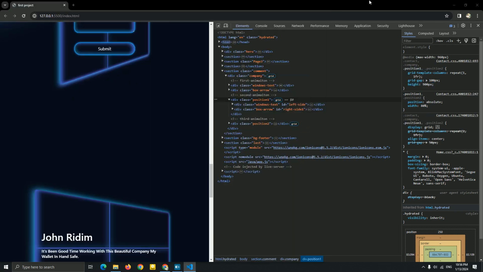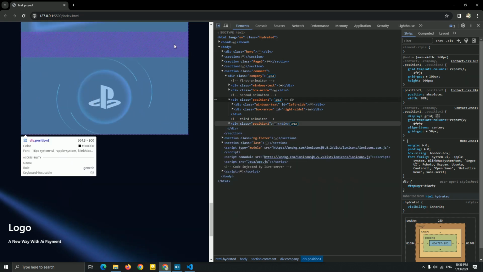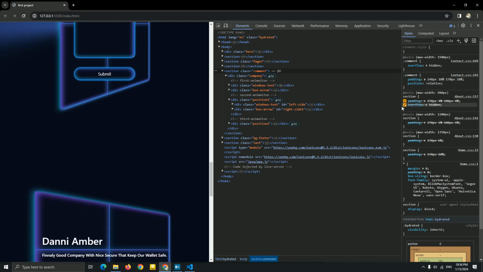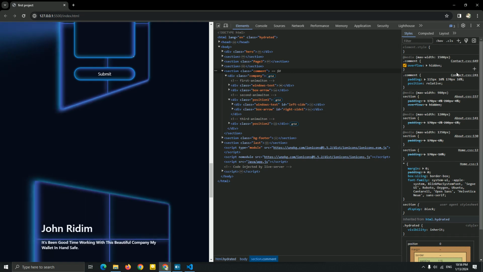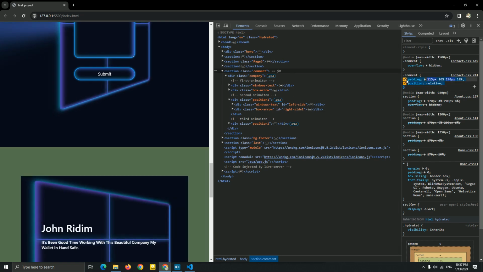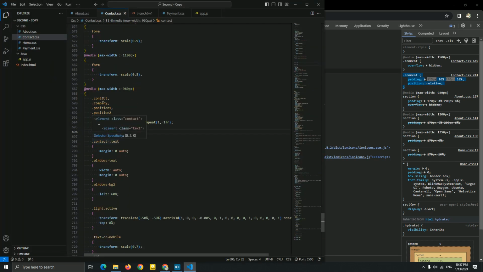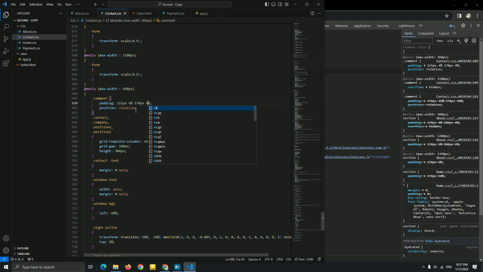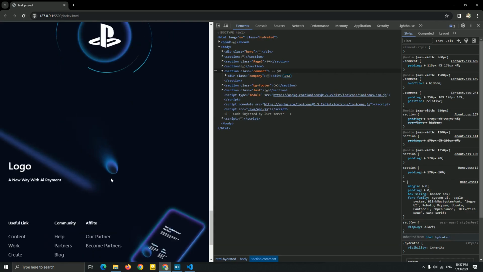I don't know why this has happened, but I just add the height, and I'm gonna decrease the padding of this section. The top, let me copy this, paste it here, 4%. I think this is good. Let me see. Okay, for now we just fixed this problem.